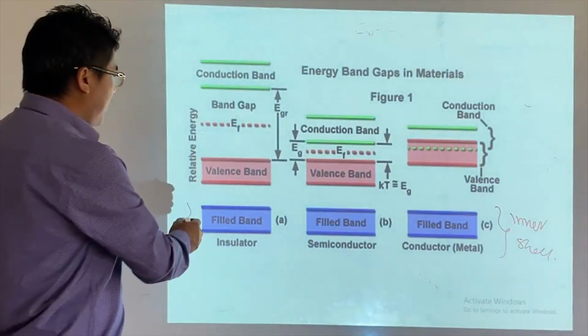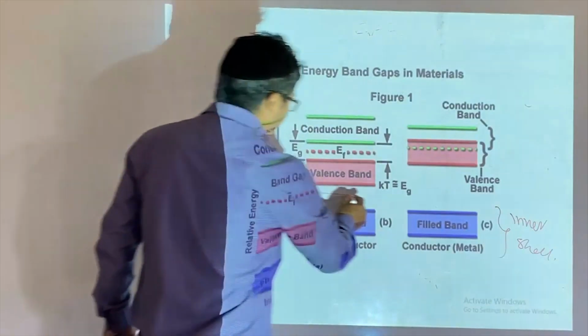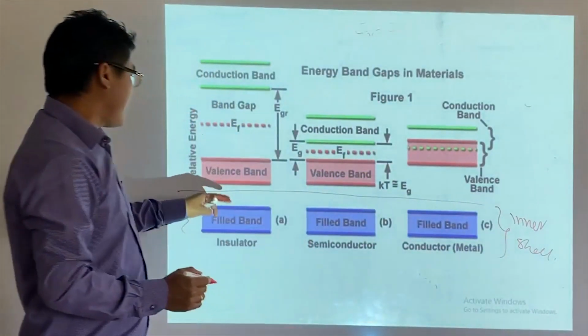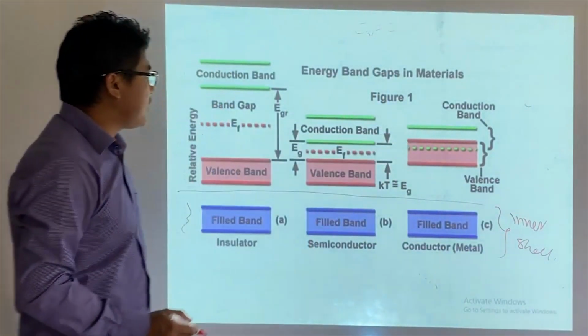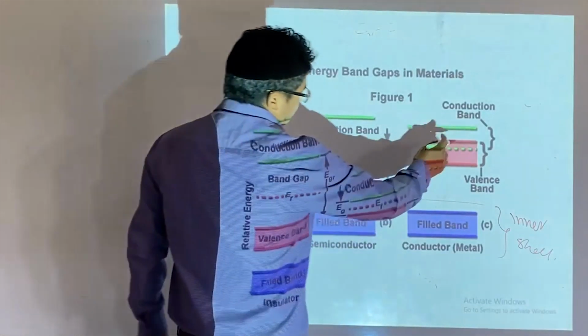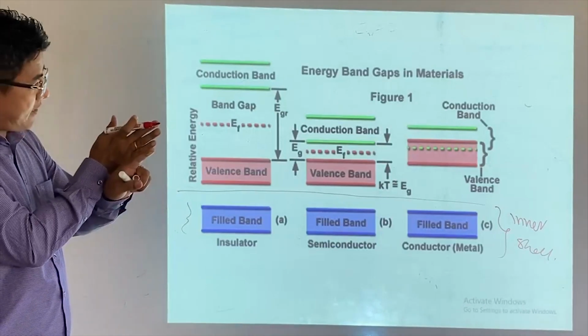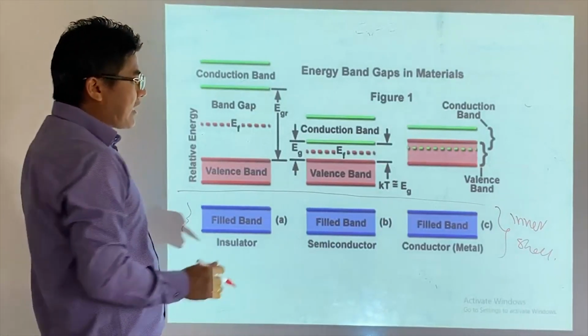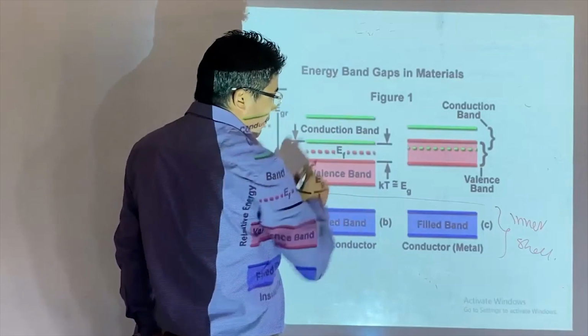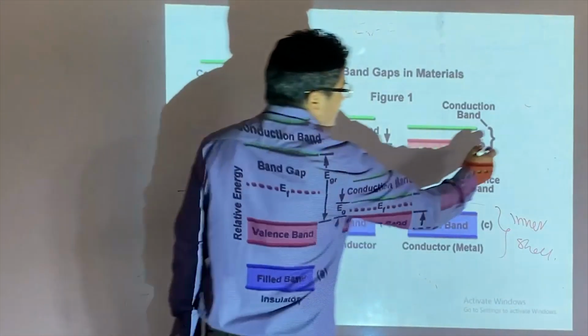And now this is what we have: the valence band and the conduction band. In case of a conductor, the valence band and conduction band overlap, so that electrons are available in the conduction band